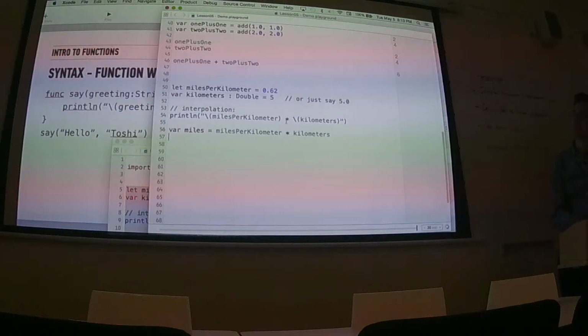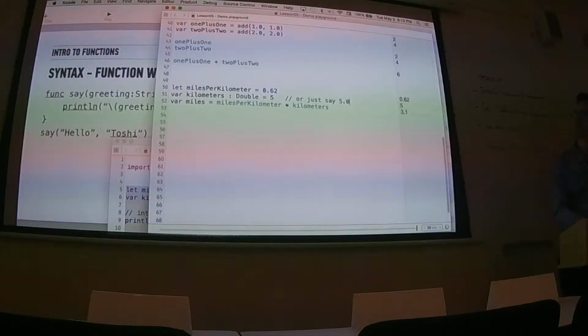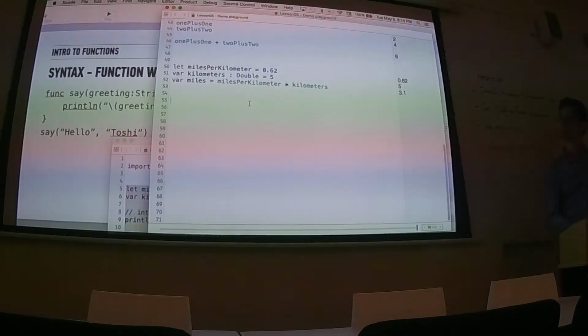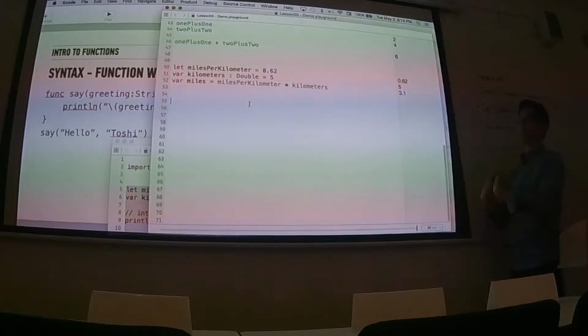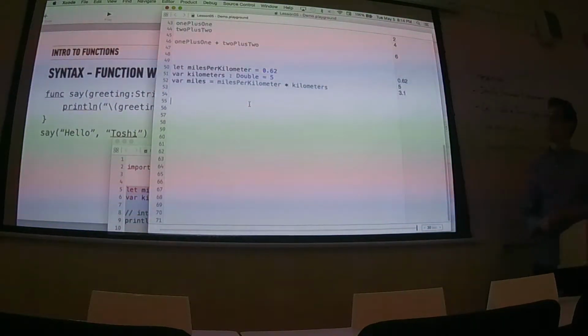Okay. So let me get rid of this. All right. So this is the example we had before. So what we're going to do is take this logic and turn this into a function so that we can treat this conversion in a